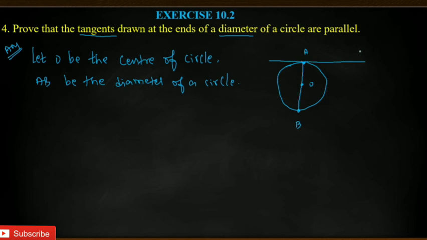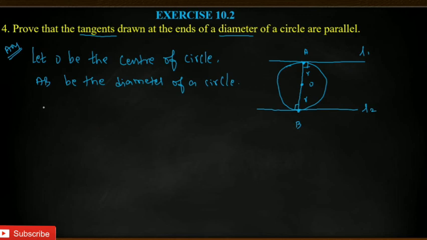At these two points, we draw tangents like this. This is tangent line 1, and this is tangent line 2. I drew two lines here, line 1 and line 2, but both will be tangents. We know very well OA is a radius, and like that OB is also a radius. A radius is always at 90 degrees with the tangent. So OB also is a radius and L2 is a tangent, then this will also be 90 degrees.